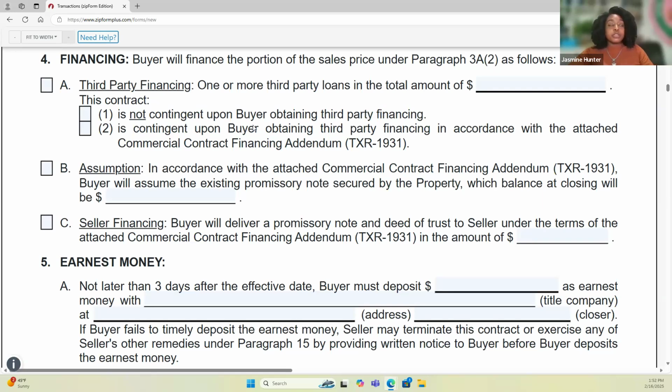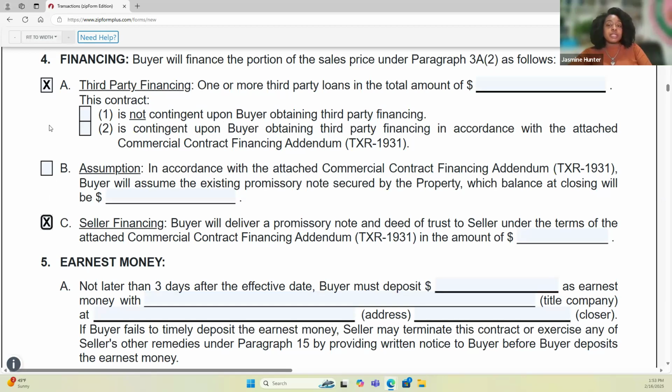Whereas here, they want to discuss it right here in the contract. Because they're forcing so much information into one document, that's why it's so long. So are we going to be contingent upon obtaining third-party financing or not? We would mark that here, and then we would do this, or it could be here. You see how they didn't